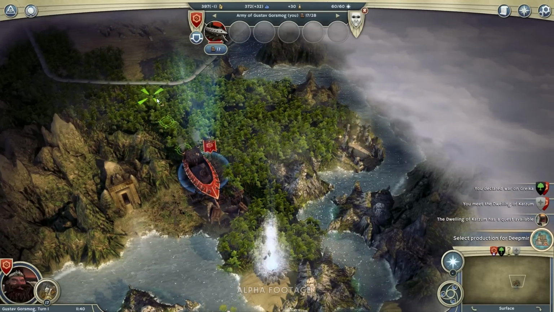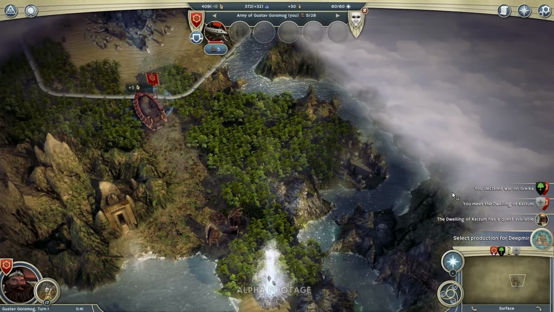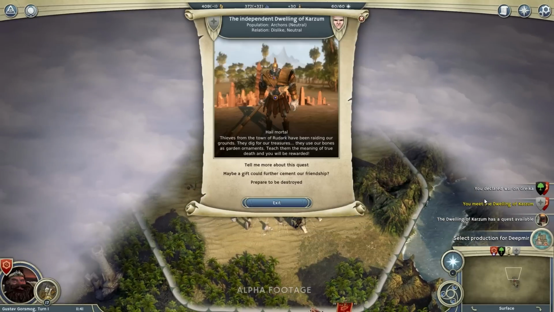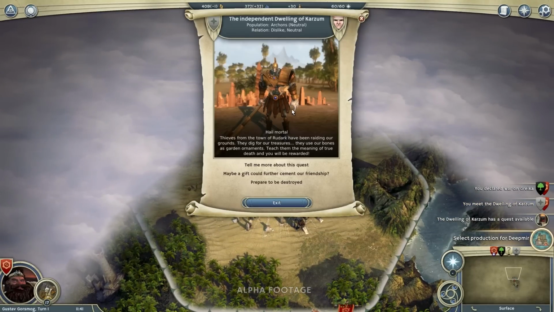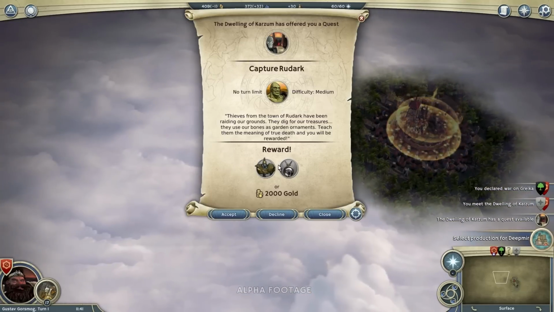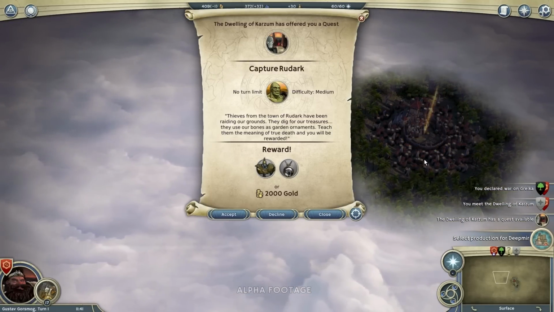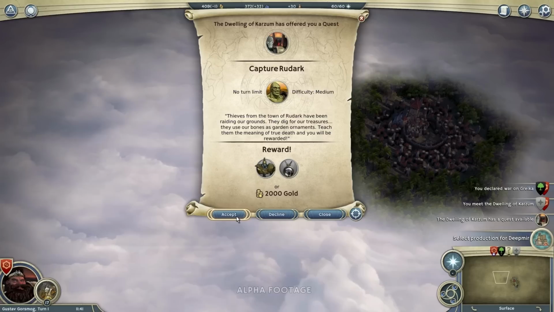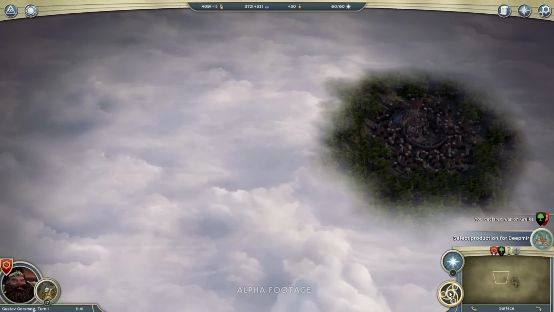Now, drive our landship up here. Looks like we have another city up here, owned by some independents. The dwelling of Karzum, owned by this big Archon guy. Archons are a race of undead skeleton dudes. Seems to have a quest for us, to capture Rudark. Looks like an orc city over here. Well, capturing cities is always better than making our own cities, so we'll accept that. And looks like we're done for this turn, so...